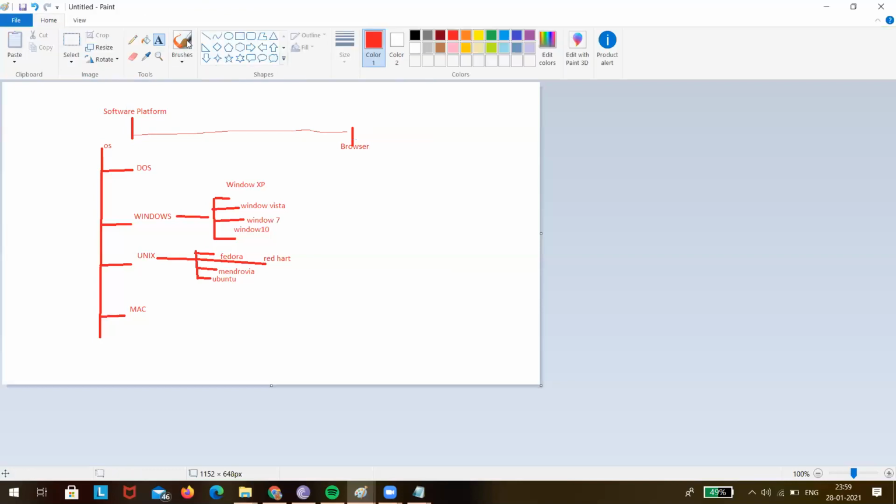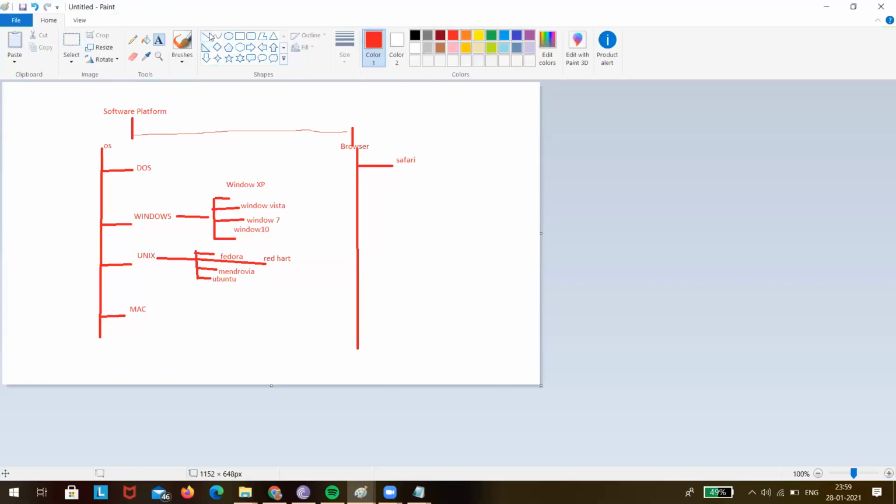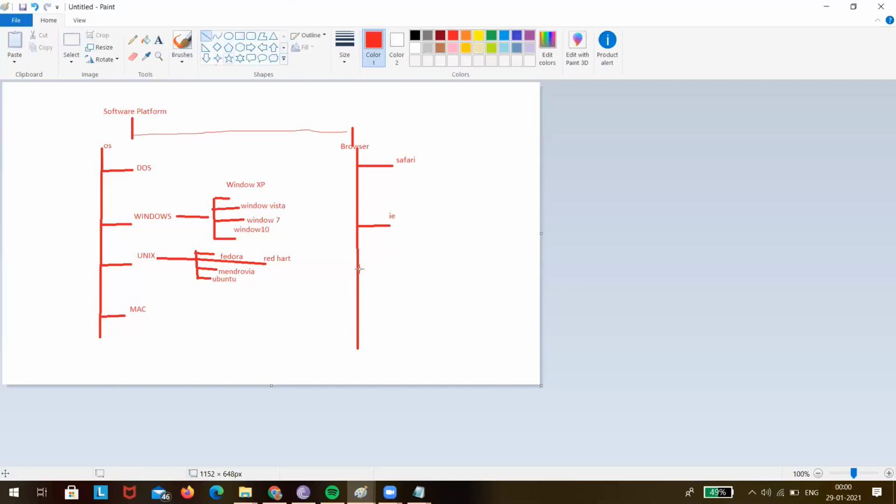So which are the types of browsers we know? Internet Explorer. Yeah, tell me, which are the browsers we know? Safari. Yeah, correct. There's a browser called Safari. Then Internet Explorer. Google Chrome.